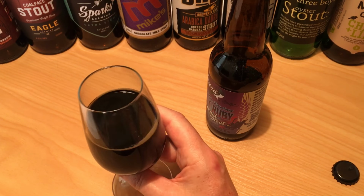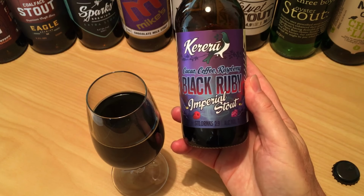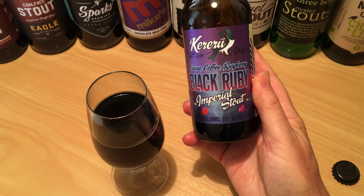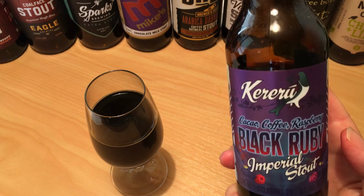So yeah, if you ever come across a bottle, or they do a number of different stouts based on obviously their standard recipe with a few additions, I'd strongly recommend you give it a go. Kereru, interesting beer,